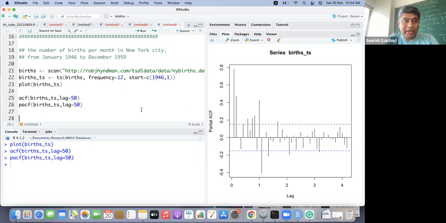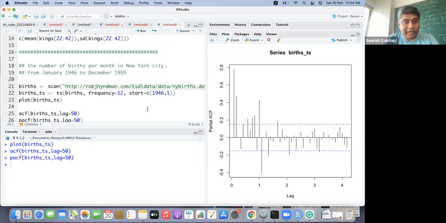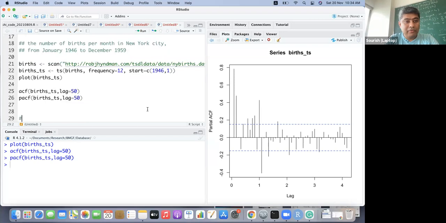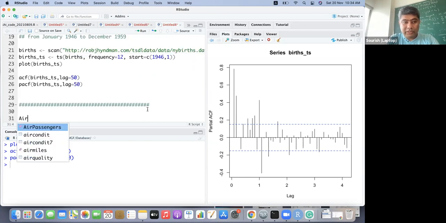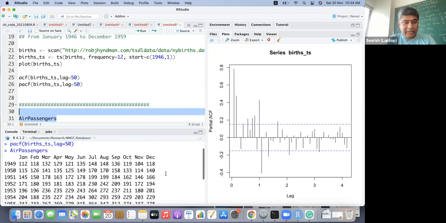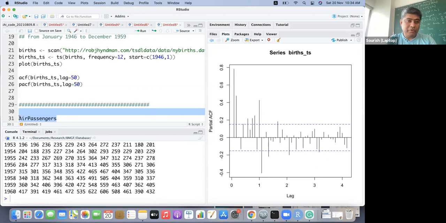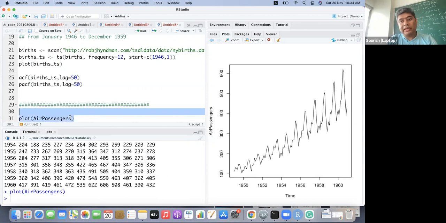We'll take one more dataset. It's a little bit my favorite data, which is airline data. Then we'll start modeling it. The airline passenger data is already there. If you plot the airline passenger data, we'll see this kind of behavior, this strong seasonality.